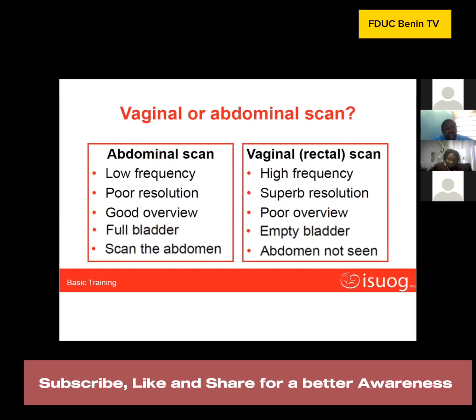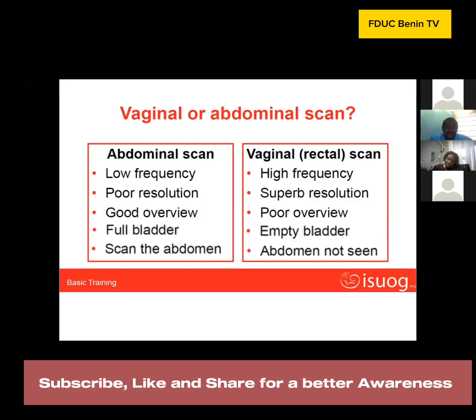So I was saying that when we perform an abdominal scan, the distance between the probe and the organs that we want to see, the uterus and the ovaries, is long. So we have to use low ultrasound frequencies. This gives us quite poor image resolution. On the other hand, we have a good overview. So we can see the uterus and one ovary, and sometimes the uterus and one and two ovaries in the